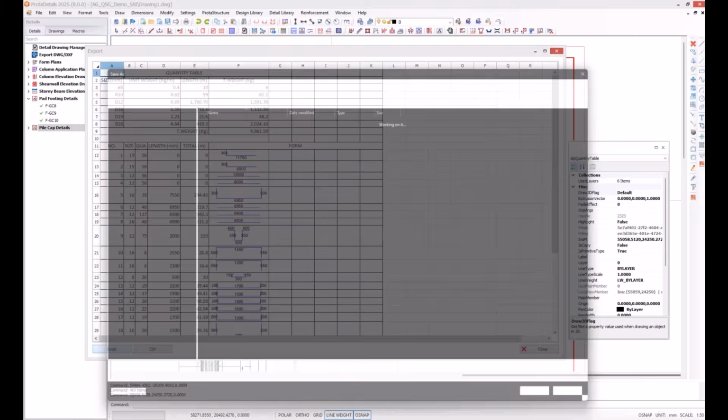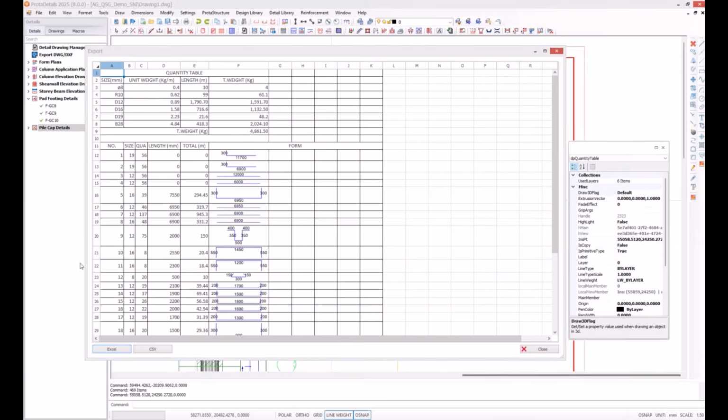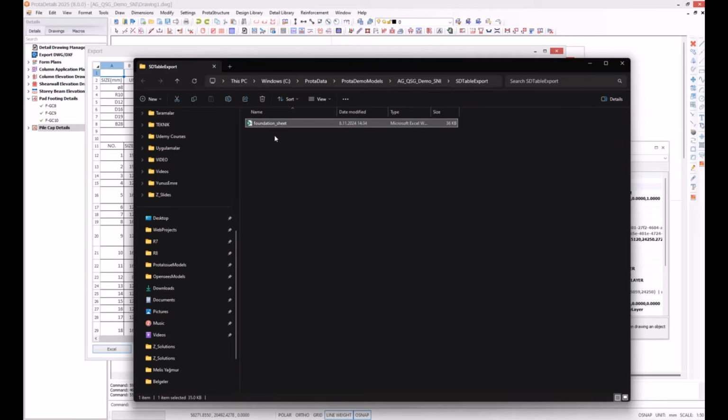So when I click the Excel and I just write the name of the file, say foundation sheet, you see that an Excel file has been generated.